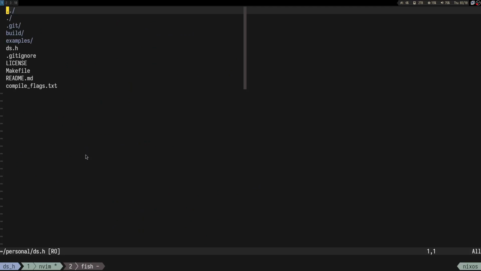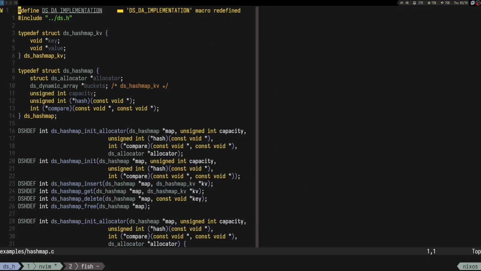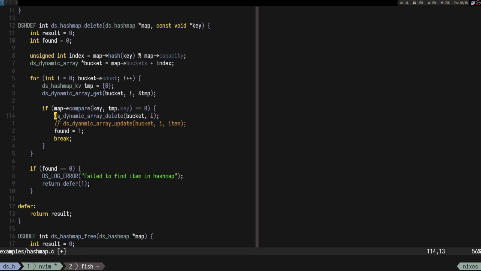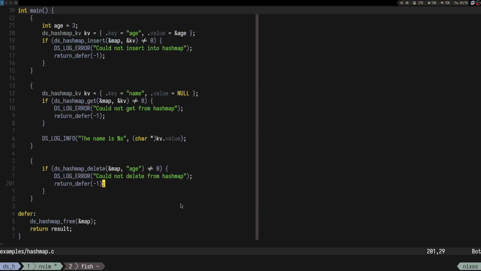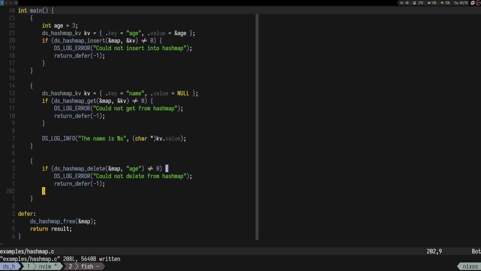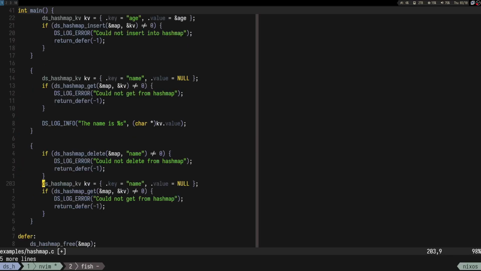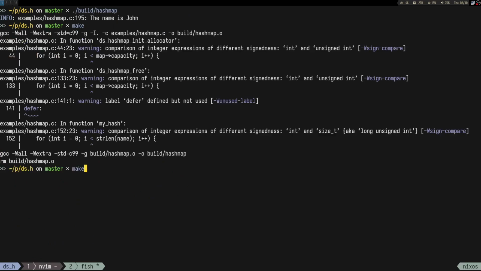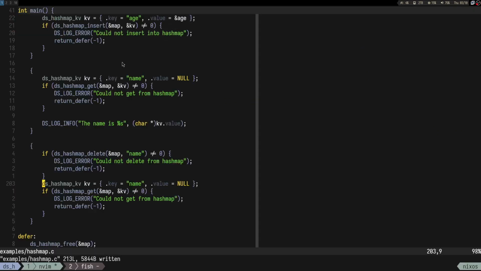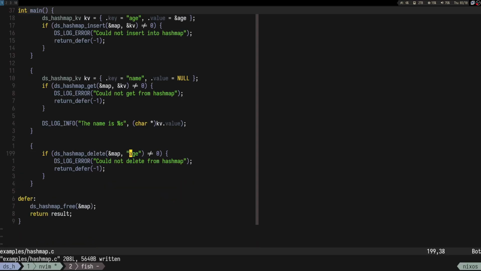I mean, I still have this hash table which I have to HashMap. Okay, so now if we delete that and have the delete here, we should be able to delete age from the hash table, right? It doesn't complain, so something happened. Let's try to delete name, and then let's try to get name. So now we should get an error. Name is John, and then fail to find item in the hash map because it's no longer in the hash map, right? Okay, let's keep age,